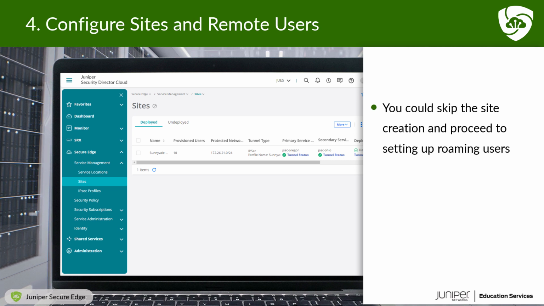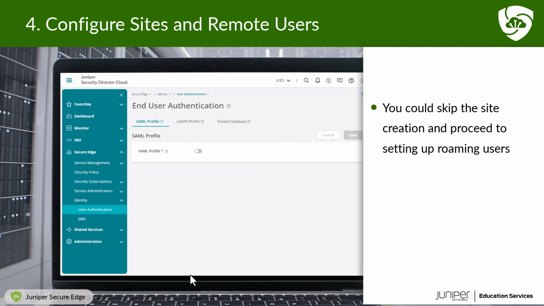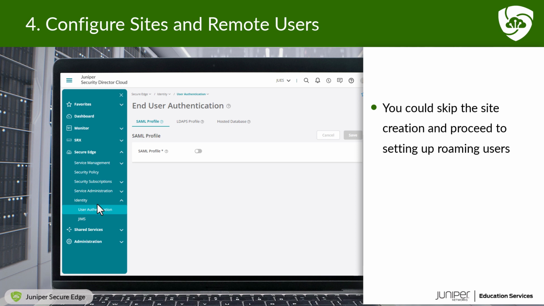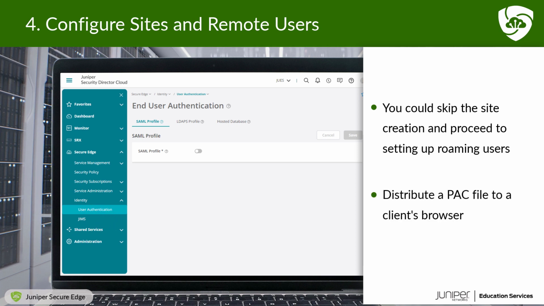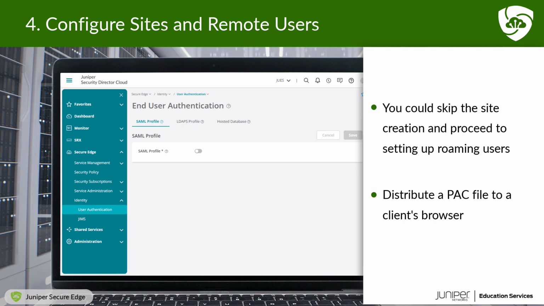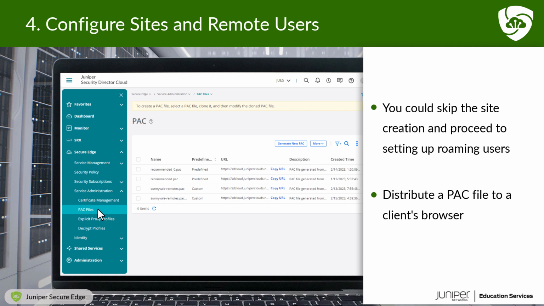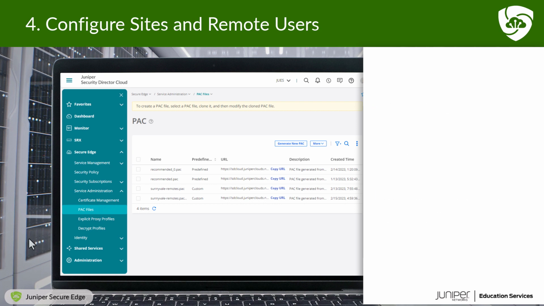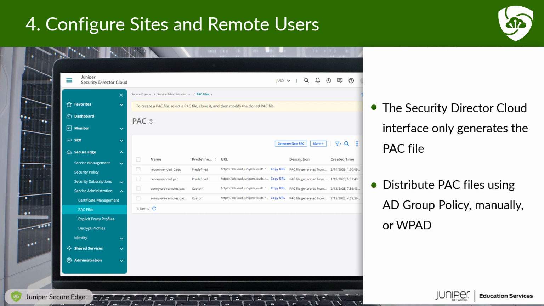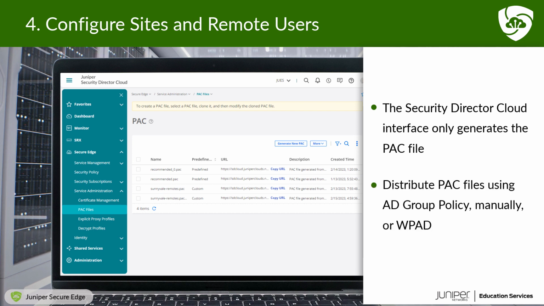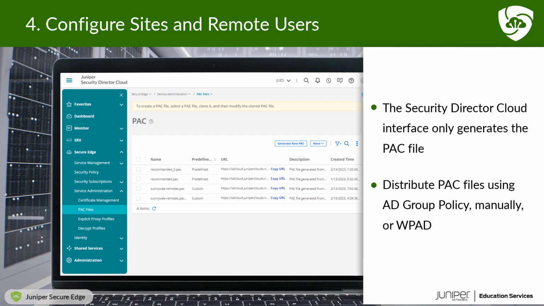setting up roaming users. This starts by configuring user authentication parameters under the Secure Edge Identity User Authentication menu option, and then distributing a proxy auto-configuration or PAC file to a client's browser via the Secure Edge Service Administration PAC Files menu option. The Security Director Cloud interface only generates the PAC file. You must then distribute them by another method, such as Active Directory Group Policy, manually, or Windows Proxy Auto Discovery,